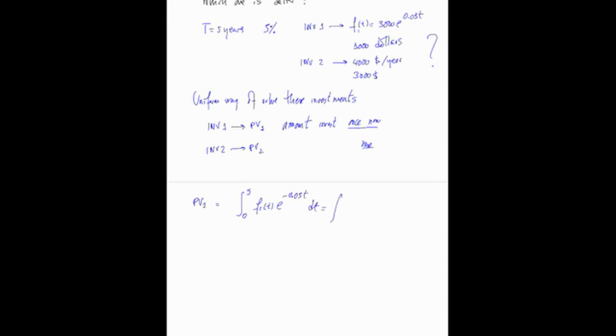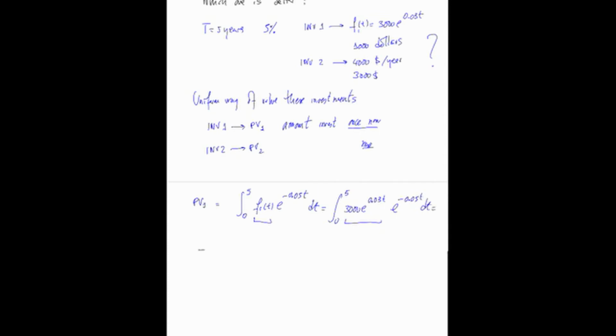In this case, it becomes the integral from 0 to 5 of 3,000 e to the 0.03 t. Sorry, it's not clear. This is 0.03 t, because this is nothing but f1 written up there, times e to the minus 0.05 t dt,